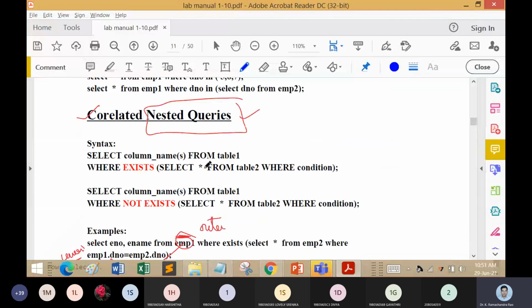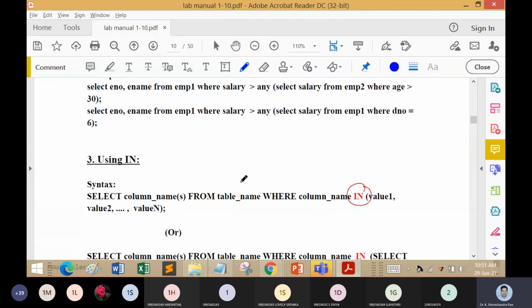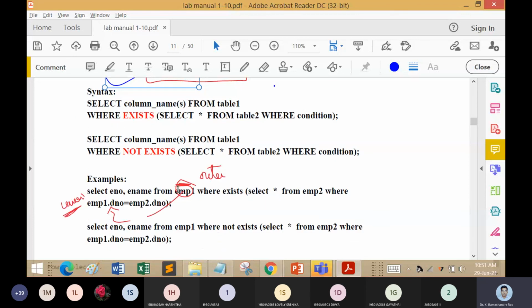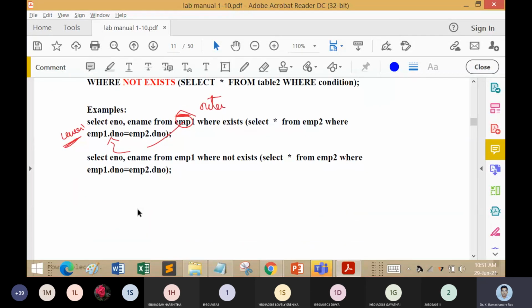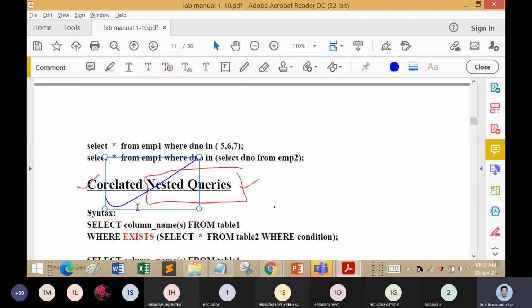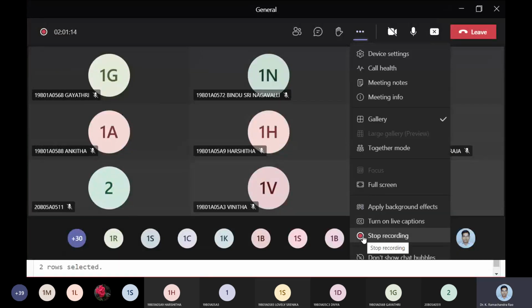A query inside another query we call a nested query. Finally we talked about correlated nested queries, where the outer query's table is part of the inner query. That is the highlight of correlated nested queries. This is all from experiment number 3.